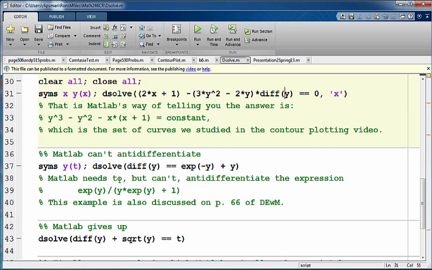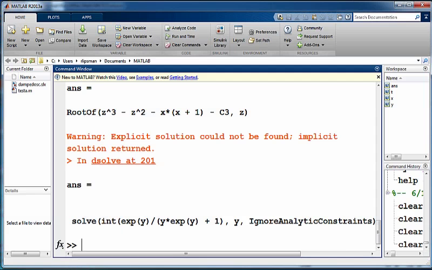You can also have the case where MATLAB just can't do the anti-differentiation. So look at this problem now. y prime equal e to the minus y plus y. Clearly separable. So what happens if we try to do that? MATLAB grinds away and tells you